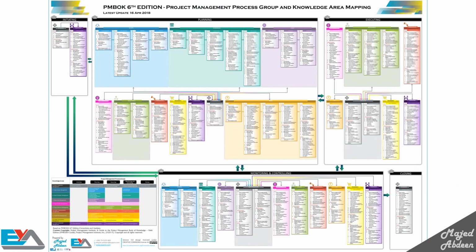Now let's go back to the mapping diagram and have a closer look at the processes we use to manage the project. The processes tell us who and what needs to be involved in responding to an event, or how people within the organization will work together to achieve the project goal. To simplify the PMBOK definition of a process, we can describe it as a set of interrelated actions and activities which we perform in order to create a specific product, service, or result.